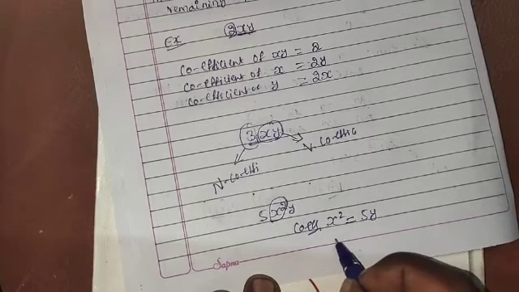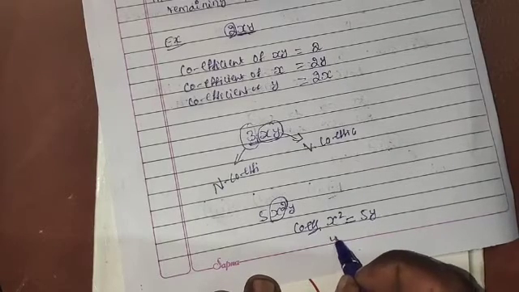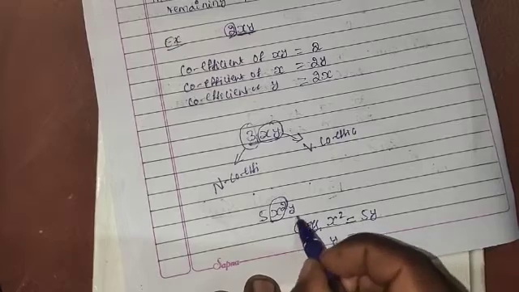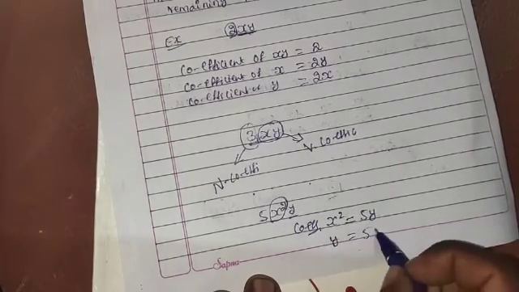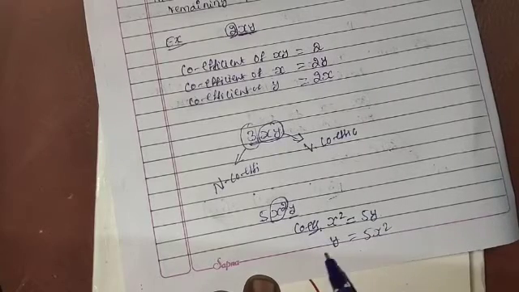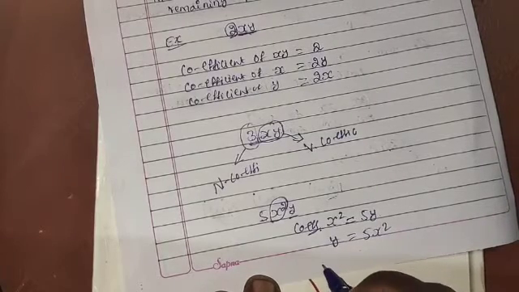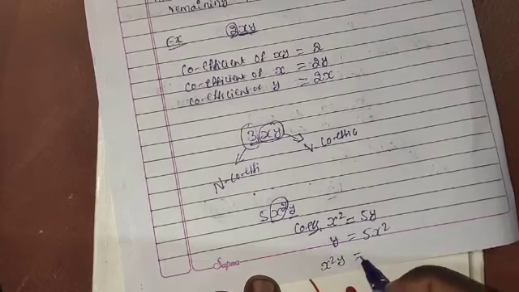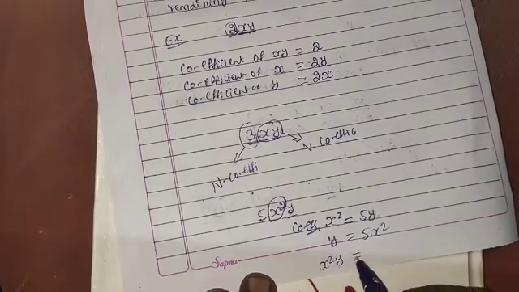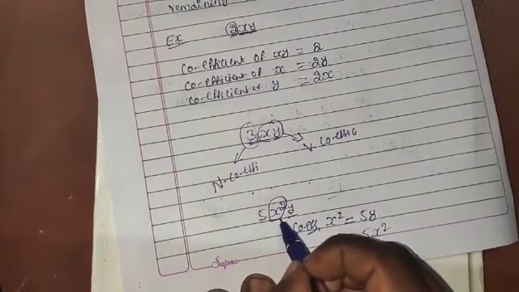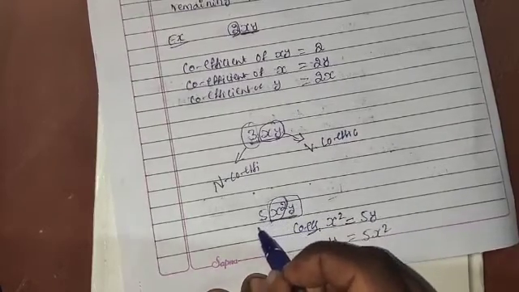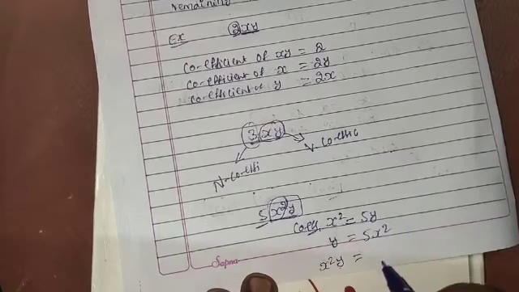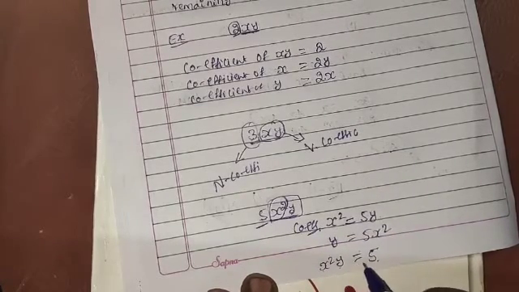Now we have to find the coefficient of y. Except y, the remaining factor is 5x square, so 5x square is the coefficient of y. Now the coefficient of x square y: except x square y, the remaining factor is 5, so 5 is the coefficient of x square y. This is the concept of coefficient.